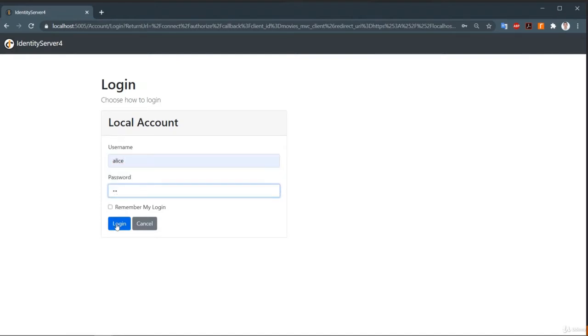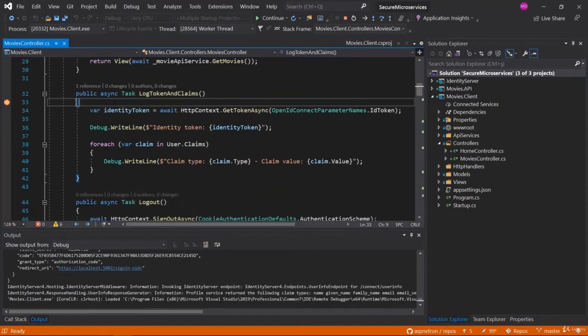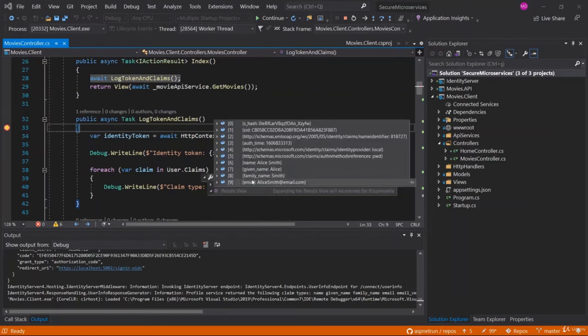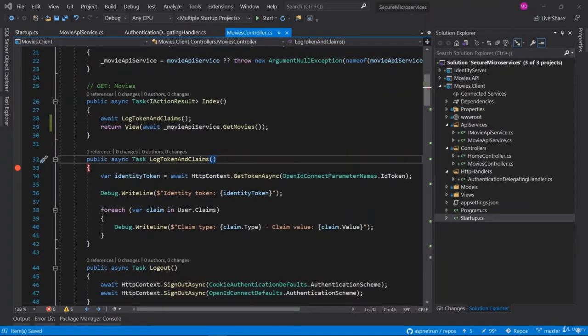Alice, A1, and the debug breakpoint comes in here. We can directly check the user claims and see whether the role information comes or not. Yes, this time I can't see the role information. Let me check offline and I will give the information to you. Okay, I found the problem. The problem occurred when we were adding the new claims.